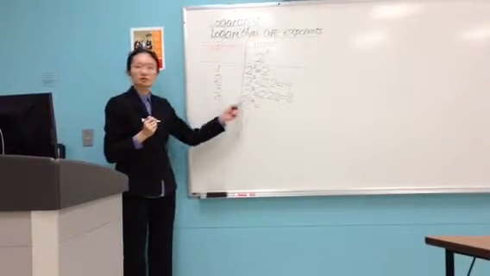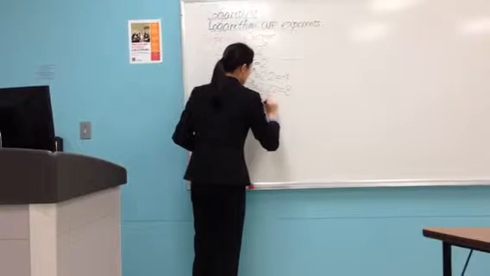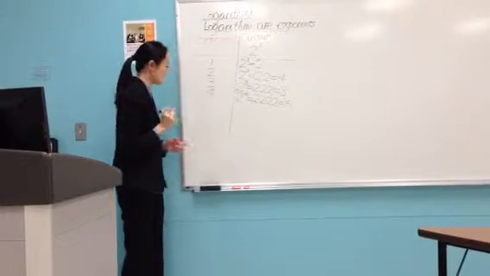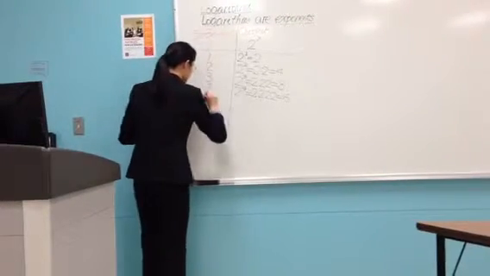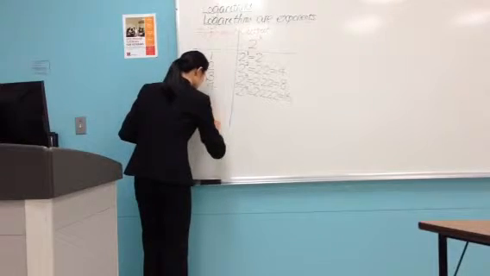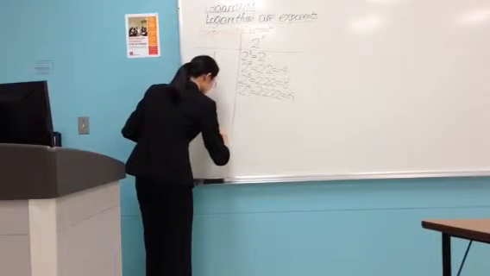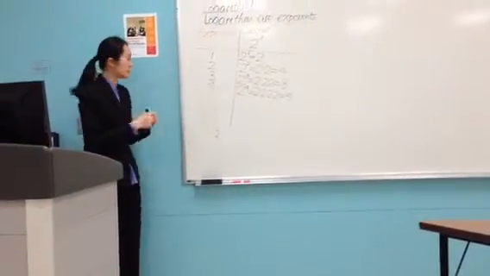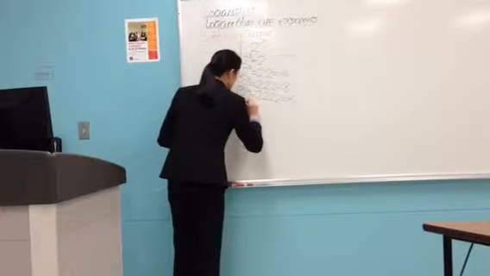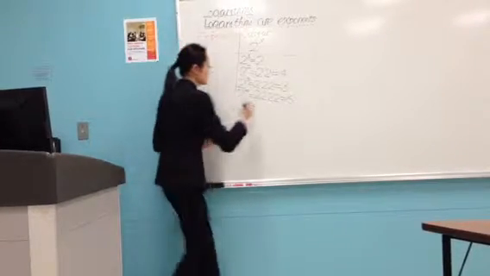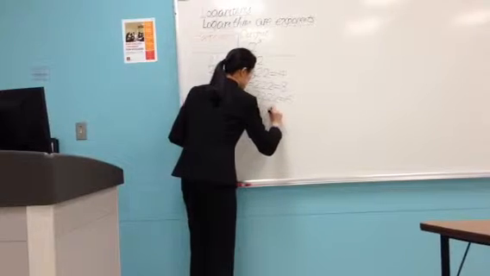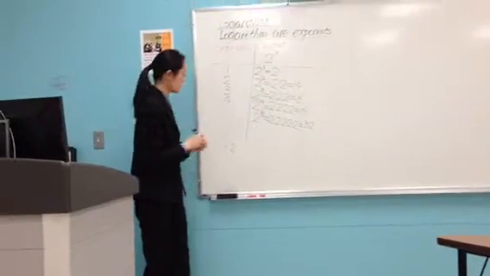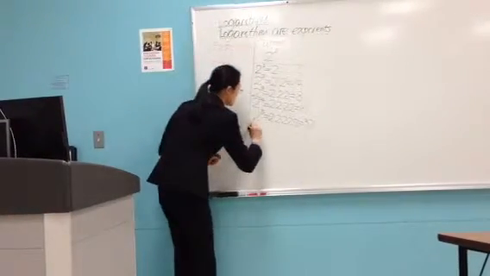Now say if input is 4, output will be 2 to the fourth power, which is 16. Okay, now say if input is 5, then output will be 2 to the fifth power, which is 32. Okay, now if input is 0,